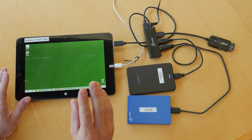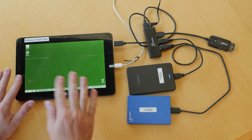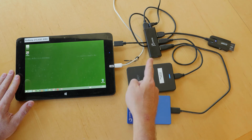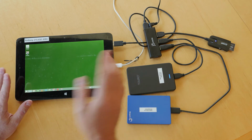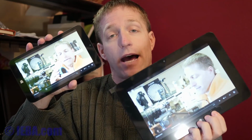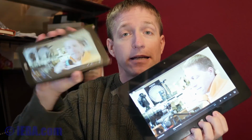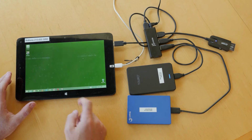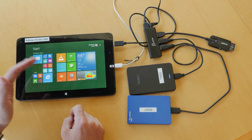realistically, I'm looking at something that's small, light, and inexpensive that you can throw into your camera bag and leave there. The hub is under 20 bucks. The 8-inch version of the tablet can be had for under 100. This is the 10-inch tablet because I also use it for doing email, for web browsing, and I find that